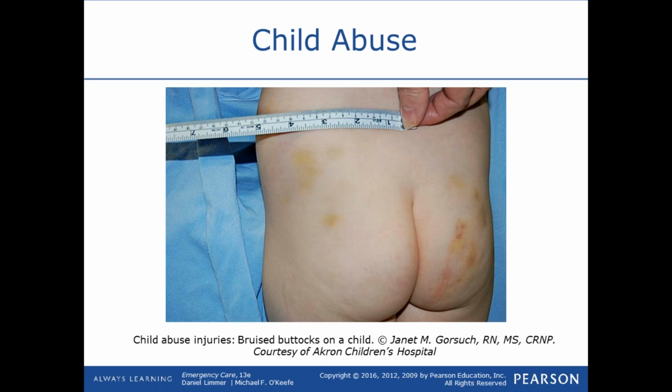Okay? Now this is a little bit excessive bruising, but let's say this kid fell out of a one-story window, okay? Now that's more of neglect than it is abuse, right? Let's say you're transporting this kid because they're dehydrated, and you check their diaper to see if it's wet, and this is what you see. Now I've got problems, okay? We don't measure these, right? This is probably a child abuse